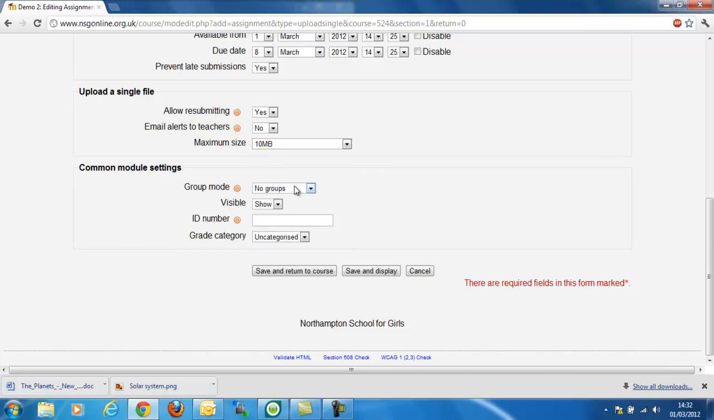Okay, and finally is the group mode. Now, because we're using Sims integration, we need to set the group mode to visible groups. And then we've also got grade categories, but we'll go on to those in a later video. So basically that is it. That is a homework now set. So if we go save and return to course,